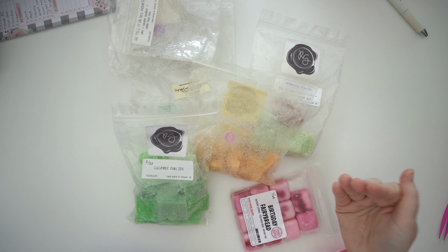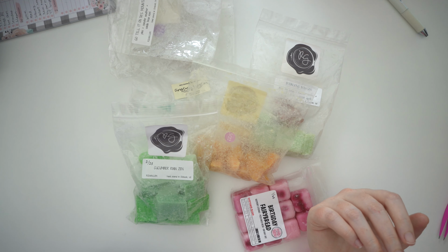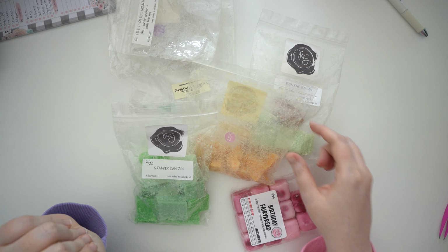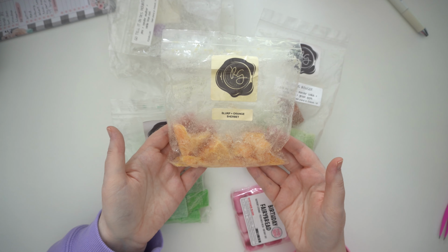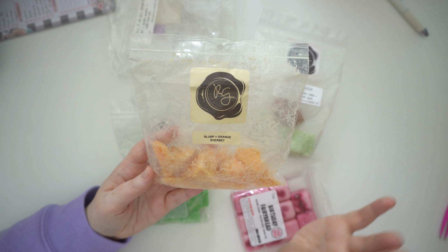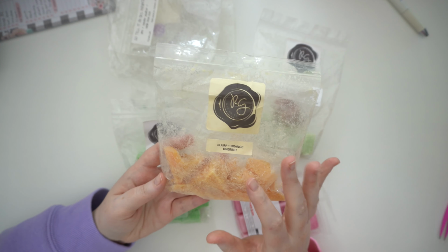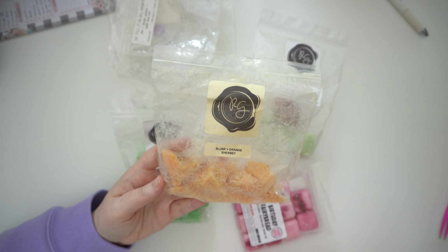I was going pretty well at the beginning, and then my cat had some fur and skin issues, so I just quit melting for the rest of the month, so for the last 2 weeks. So I was actually melting this Rose Girls Slurp and Orange Sherbet at the time. Really, really delicious. Filled up the whole space. It definitely had that cereal milkiness, but the sweet orange fruity. This was really good, but this was at the height of Heidi's issues, so I've just decided not to finish it at all